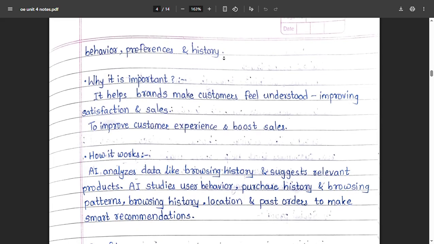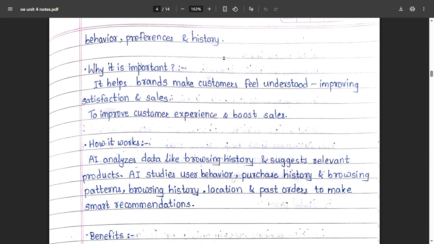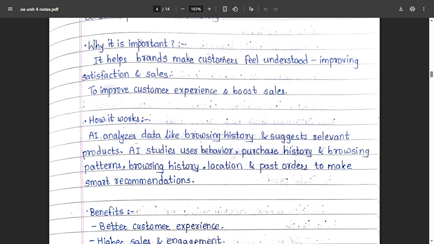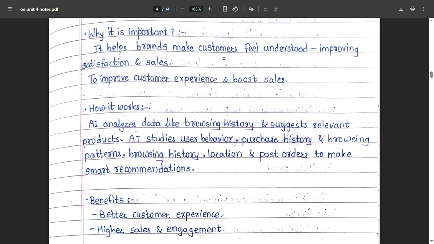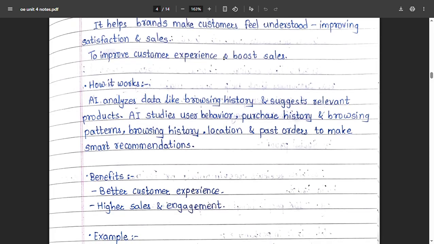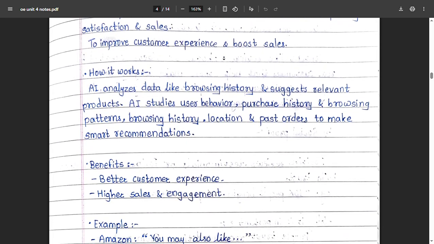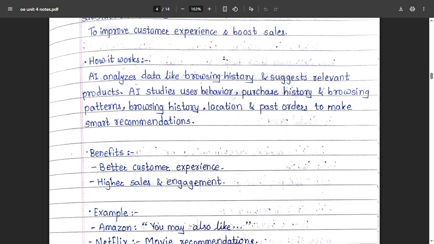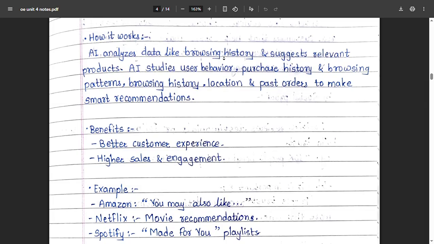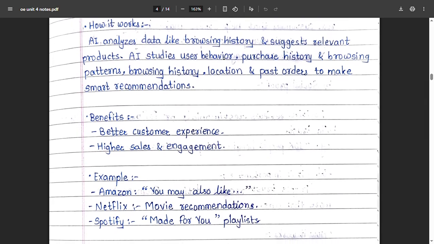A real life example is Myntra's AI stylist, which recommends outfits based on the user's size, skin tone and browsing patterns, increasing sales and reducing returns.